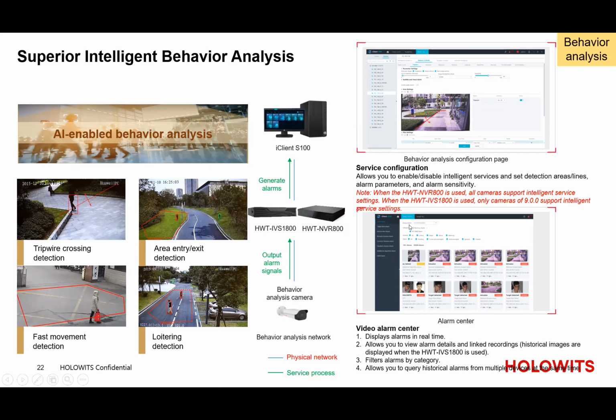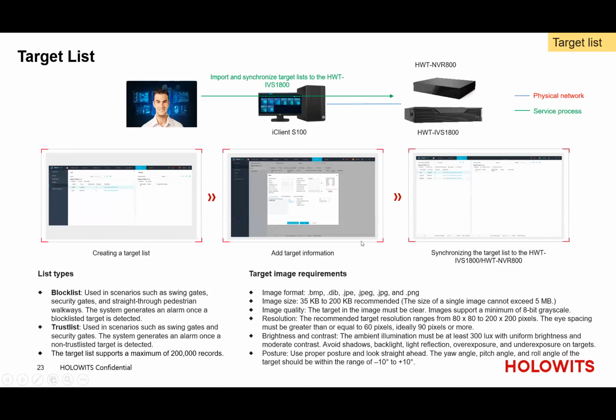Now we go to the next page. This section is about the target list library. If I have a company, I can input some employee information into the S100 and assign it to the block list or choose list, and then synchronize the target list to the IVS or NVR